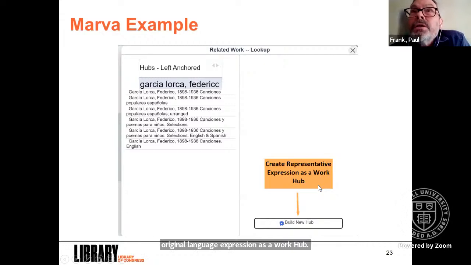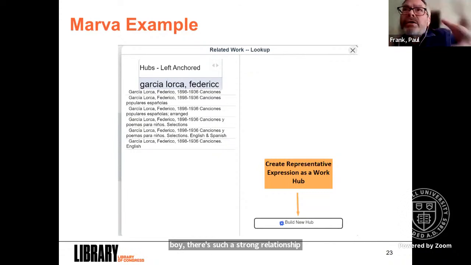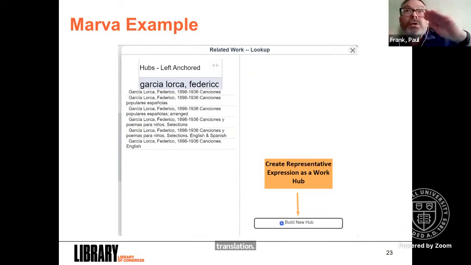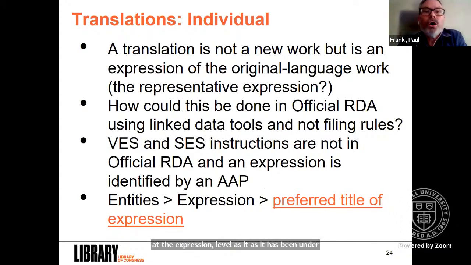But the point is, the relationships in this example are at the work level. So work to work, because the WEMI-LOC has kicked in, you have two separate works, even though they're really related because they're just translations. And I think common sense says, oh boy, there's such a strong relationship between a translation and the original work. It is a strong relationship, but it's just at the work level, not at the expression level as it has been under original RDA. Okay,